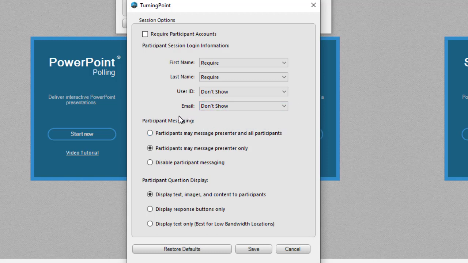Participant messaging, keeping in mind this is synchronous education. So while you are delivering instruction, do you want your cadets to be able to send messages to the presenter only? That's the default. Not message at all, or participants may message the presenter and all participants. The default is a great setting. If you want to open up for more dialogue, you can open it up for your cadets to message both